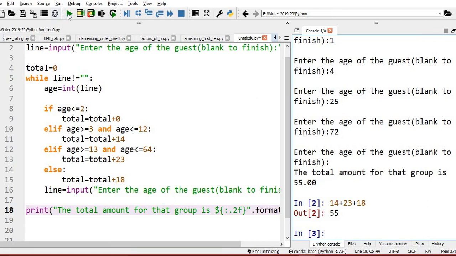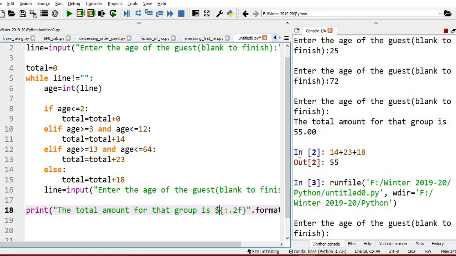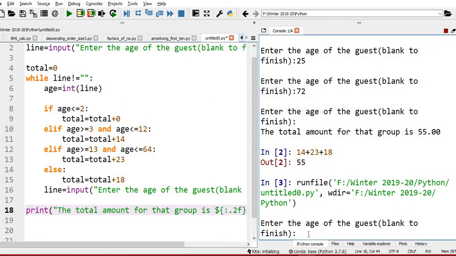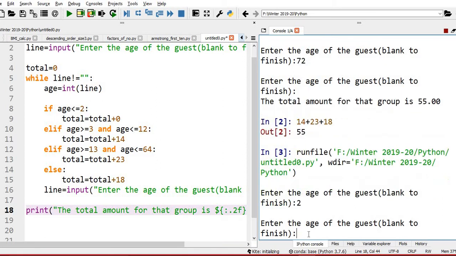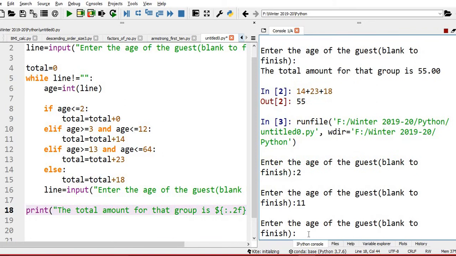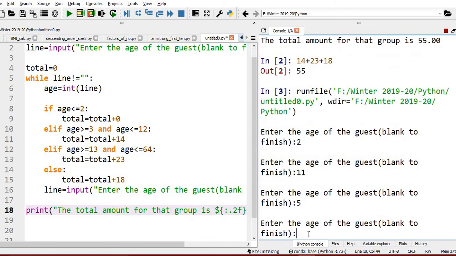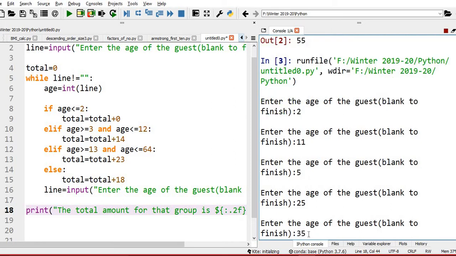Let me check with some other input. I have a 2-year baby. Then I have 2 children, one age is 11, another one age is 5. I have 2 adults, one age is 25, another one is 35.